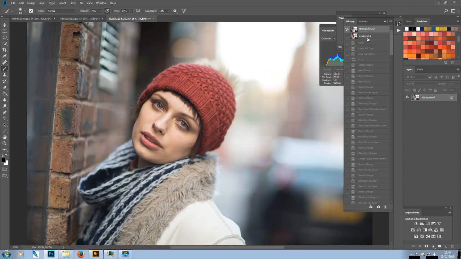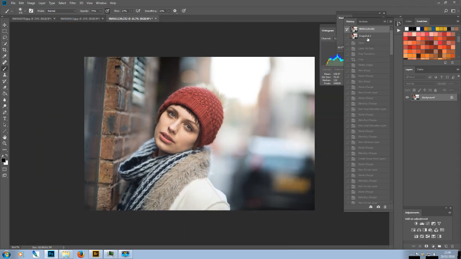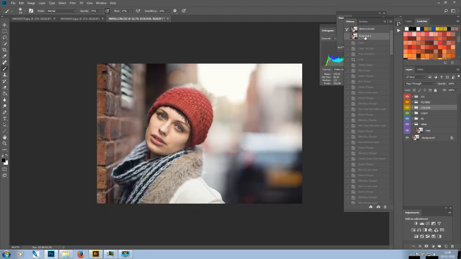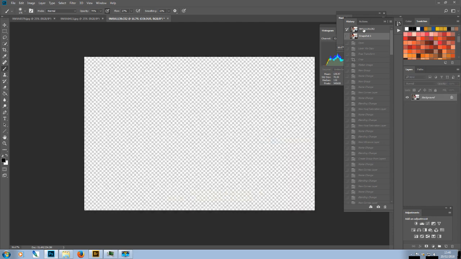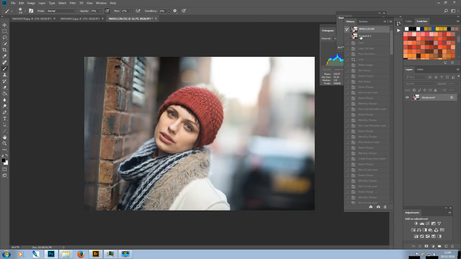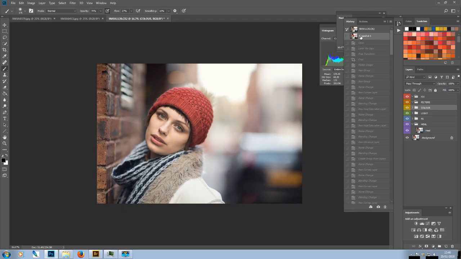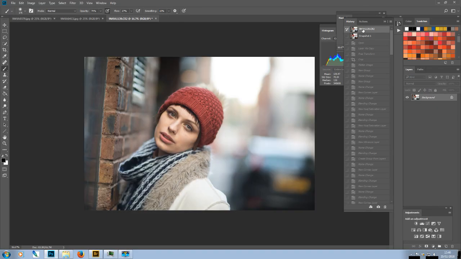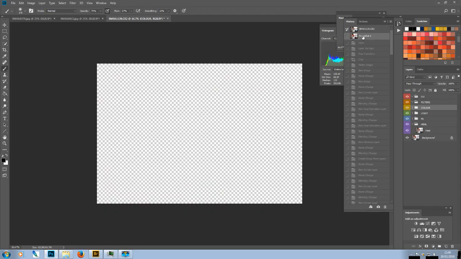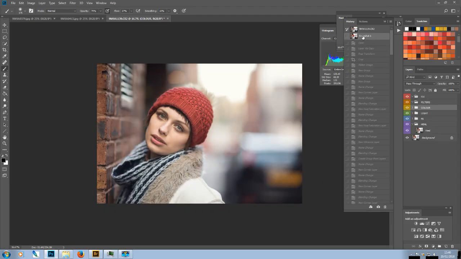Here's what we started with, obviously with the skewed wall, and here's what we have now. It's more difficult to compare the two because of the tilt on the first one, but I hope you can see that